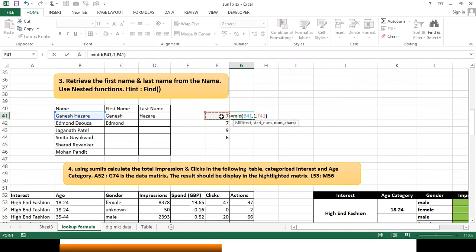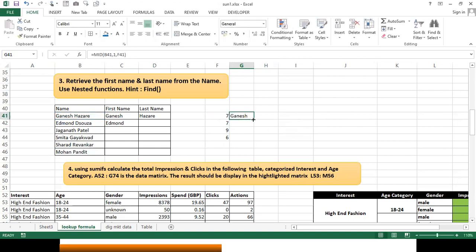Let me see, will it give me Ganesh? Look at it: equals MID, from this text, from the first character, for the number of characters. How many characters do I want? Till the 7th. I'll close this, and it is going to give me Ganesh.